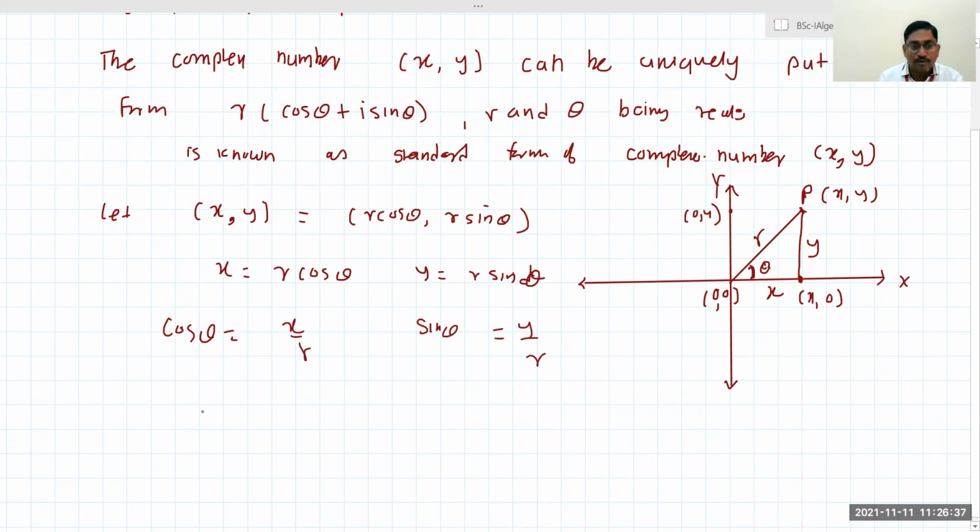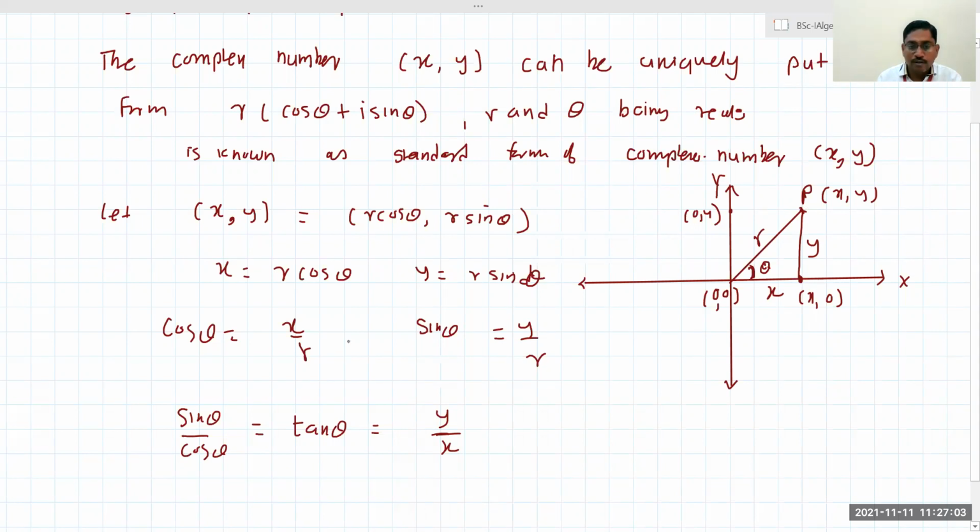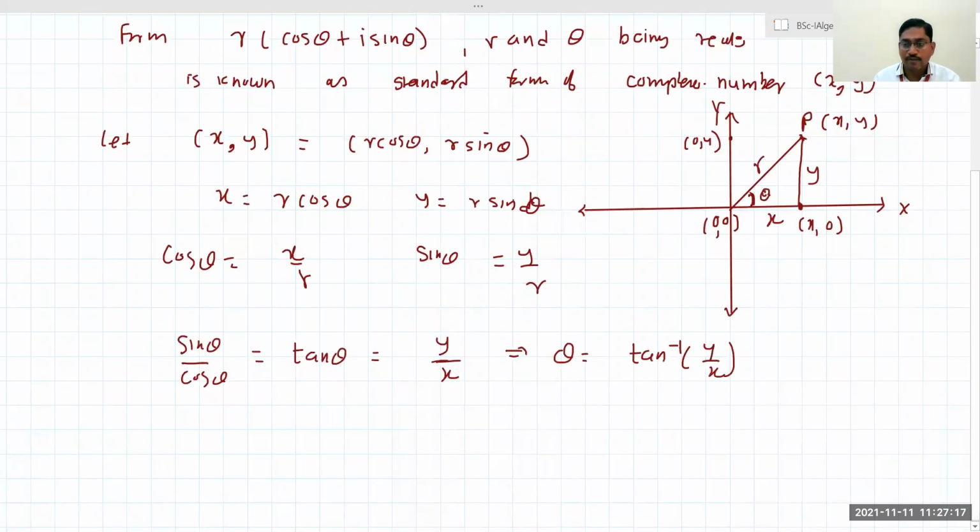and sin theta is y upon r. If somebody wants to find the value of theta, I will just do sin theta upon cos theta. You know the value of sin theta upon cos theta is tan theta. In fact, it is y upon x. Y upon r divided by x upon r, and I will cancel that r. Since this is a non-zero complex number, its distance is non-zero, so r has to be non-zero. So what is the value of theta then? The value of theta is the tan inverse of this ratio y upon x, imaginary part divided by real part. In this way we can find theta.